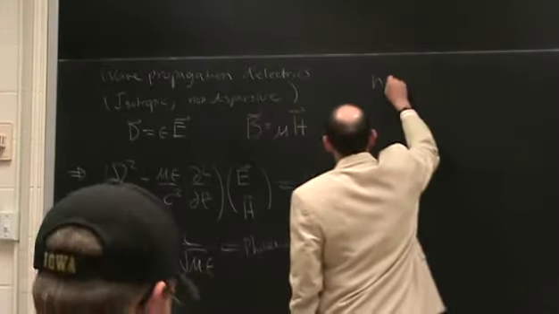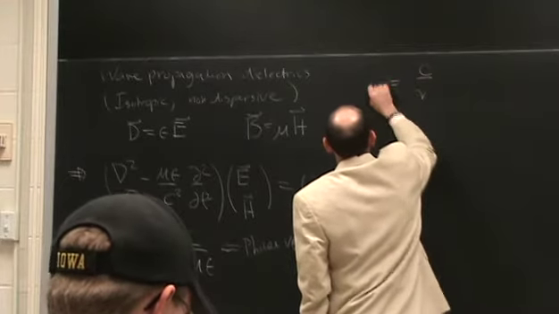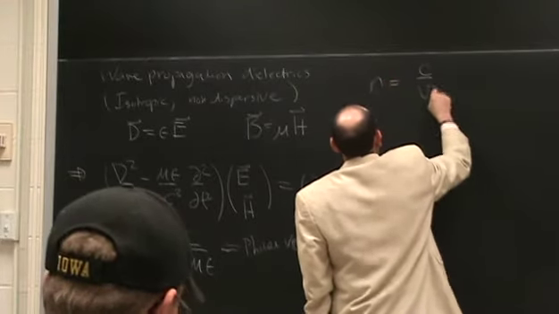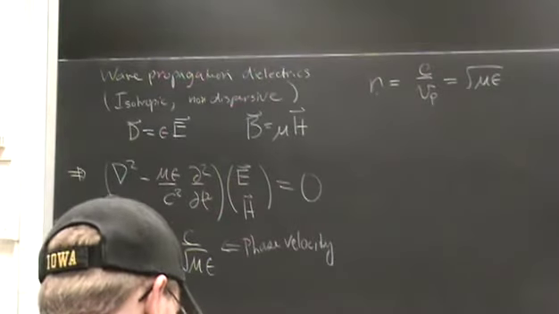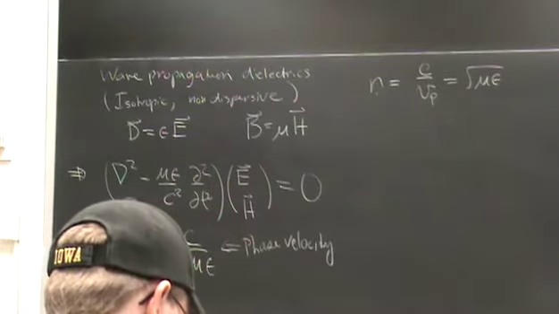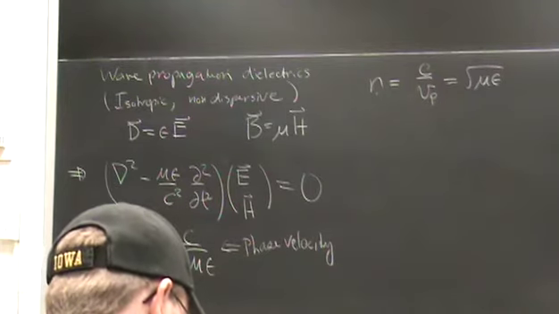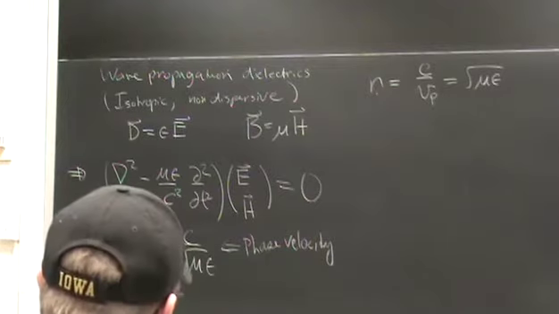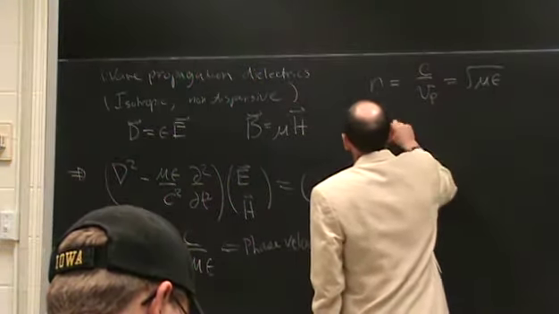And the index of refraction is then determined by the ratio of the speed of light to the phase velocity, determined by those material constants, familiar relations. So we have plane waves that we discussed,